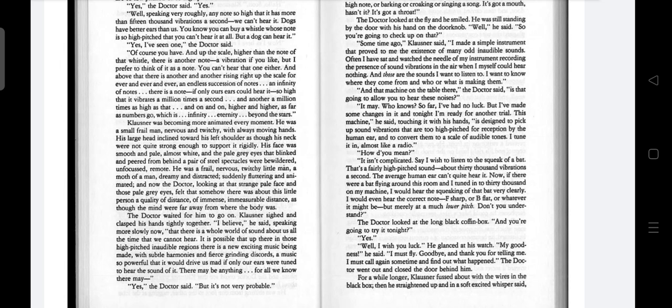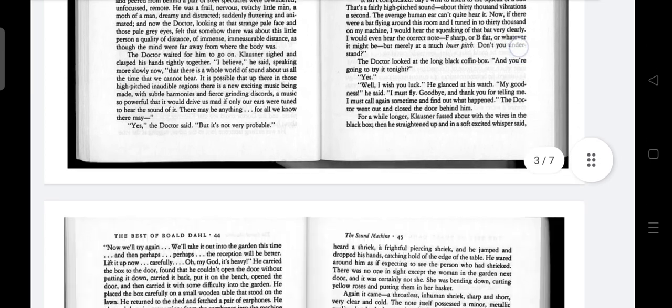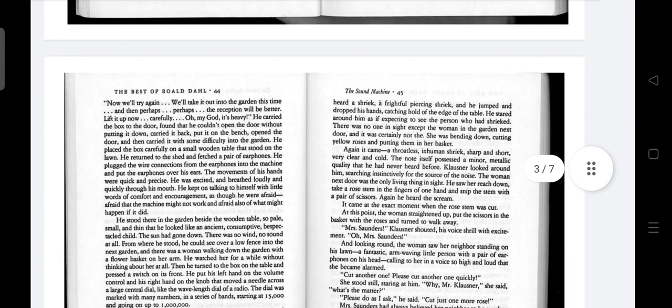For a while longer, Klausner fussed about with the wires in a black box. Then he straightened up and, in a soft, excited whisper, said, Now we will try again. We will take it out into the garden this time and then perhaps the reception will be better. Note here, he says, now we will try again.